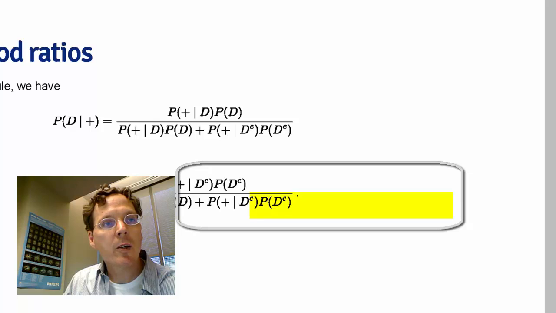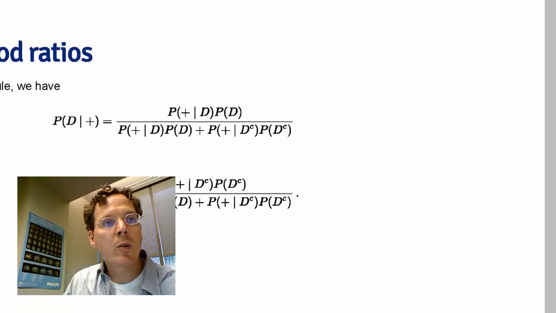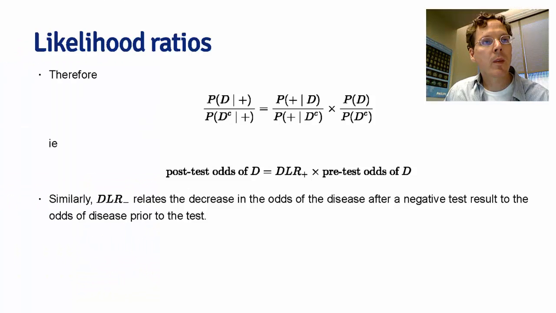Notice that the denominator is identical in either of the two probabilities, and the numerator changes. So keep that in mind for the next slide. If we were to divide these two equations, we get the following: the probability of disease given a positive test result divided by the probability of not having the disease given a positive test result. Whenever you take a probability and divide it by 1 minus that probability, you get the so-called odds. So on the leftmost side, we have the odds of disease given a positive test result, and on the rightmost side, we have the odds of disease in the absence of the test result.